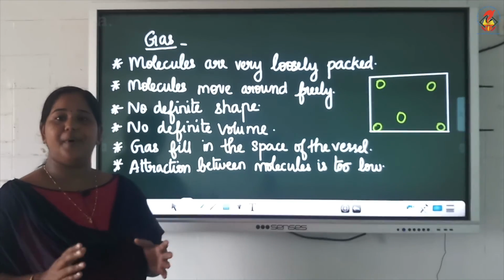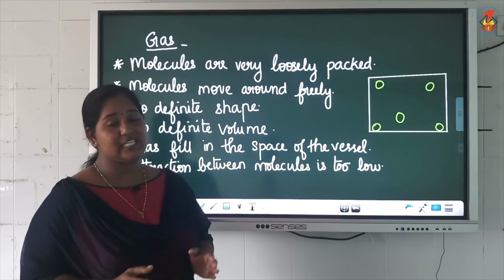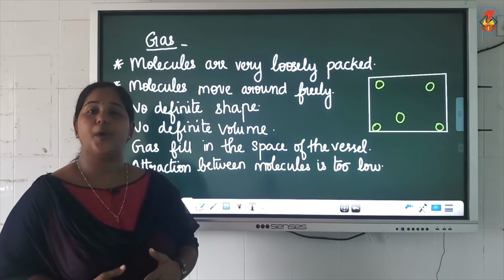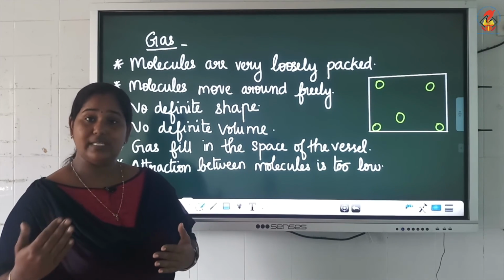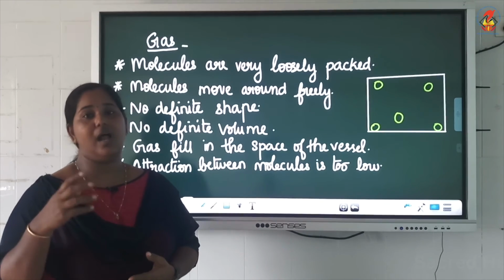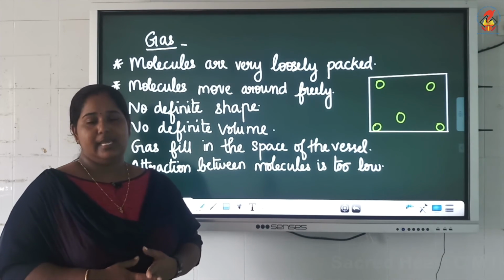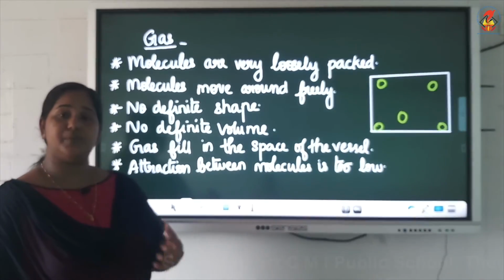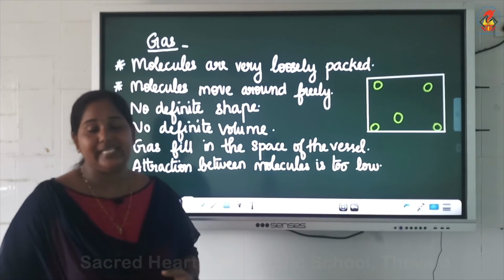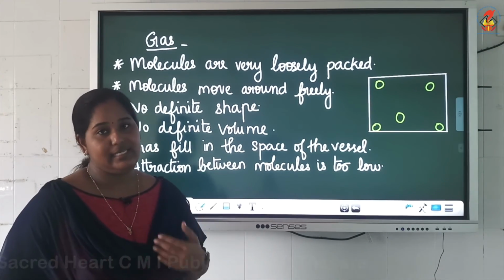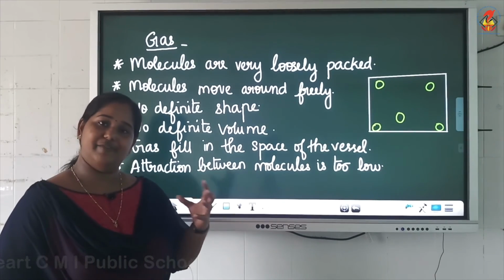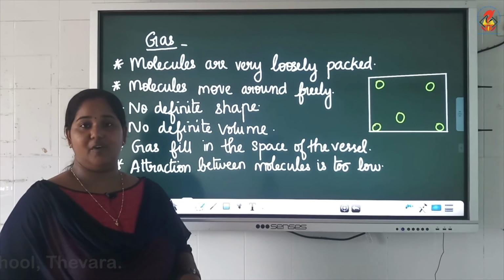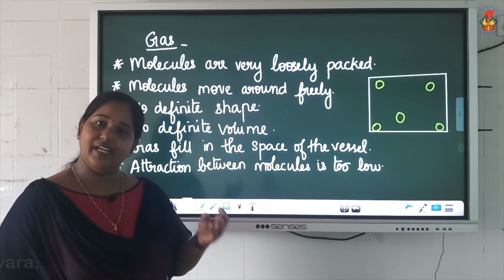So, matter is made up of molecules. Molecules are the tiniest particles with which matter is made. It can exist independently and it shows the properties of that substance. Molecules can be further divided into small particles called atoms. Molecules are arranged in different manner in matter, and according to the arrangement of molecules, matter is divided into three types: solid, liquid and gas. Solids have a definite shape and volume. Liquids do not have a definite shape but have a definite volume, and gas do not have a definite shape